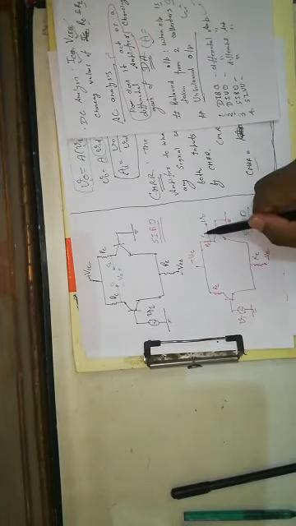Now the third one is single input balanced output differential amplifier. Single input: one input is grounded, one input is provided, and output is taken from both the collectors, C2 with respect to C1. Again, this is very easy. It's just a logical thing. Single input unbalanced output: again, one is grounded, input is provided here, and output is taken from the collector C2.